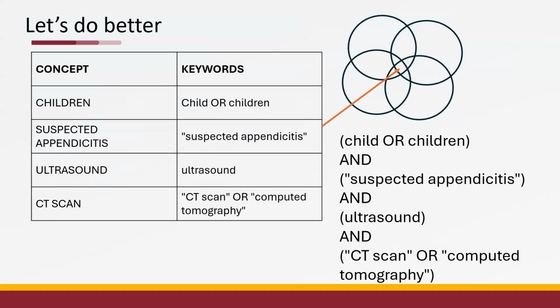And so the way to take the metaphor of the circles forward is we're going to put each of them in parentheses. So all of our words about children are going in parentheses with ors in the middle. Then we have an and, then all of our words about appendicitis inside parentheses, then we have an and, ultrasound,